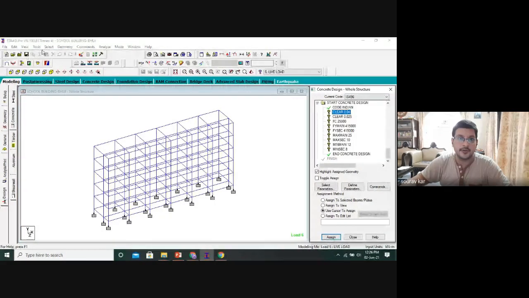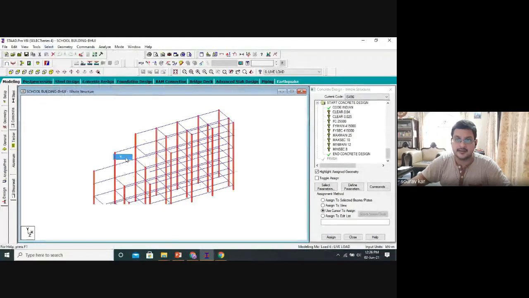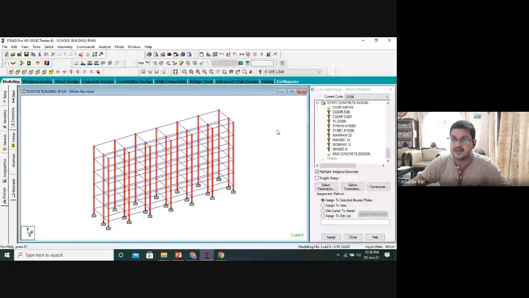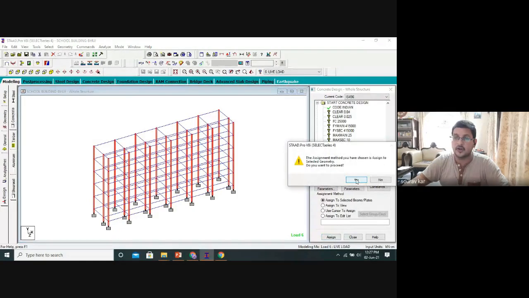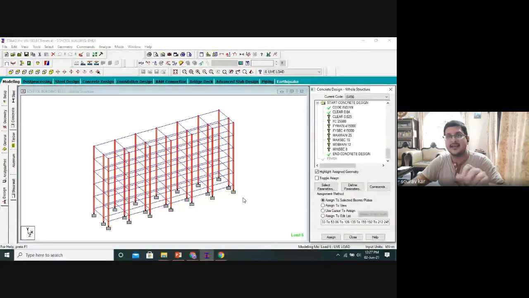I will select beams parallel to y-axis. So instantly all the columns are selected, assigned to selected beams or plates. See here, right side, assigned to selected beams or plates. Yes, absolutely. That is all the columns have 40 cover. So all the columns, they are assigned as 40 cover.